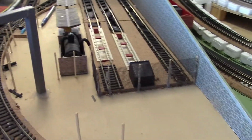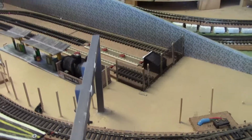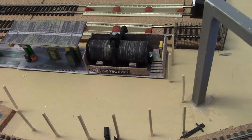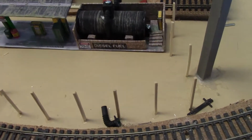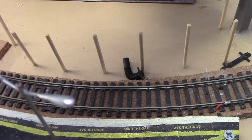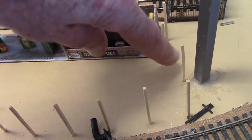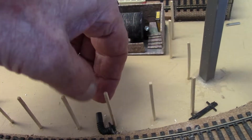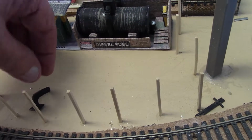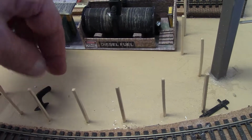Hawthorn Valley is slowly taking shape. It's taken a long time, but it's getting there, as I said, very slowly. I've ordered an HO scale prime mover and tanker unit to come in. I'll probably have to adjust this post here, shift it over this way a bit more for the tanker to get through, and then I can work out where I'm going to put this little thing, which is the filling unit